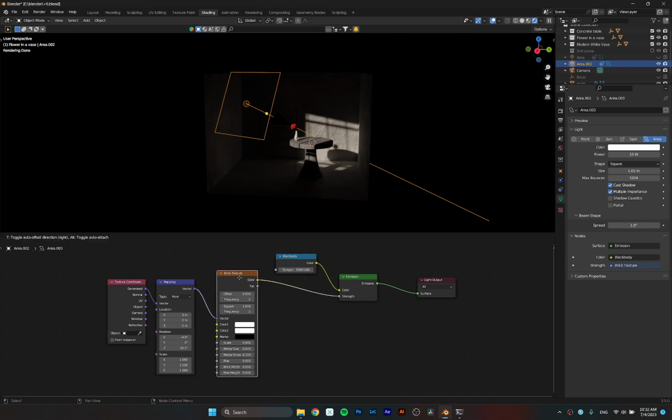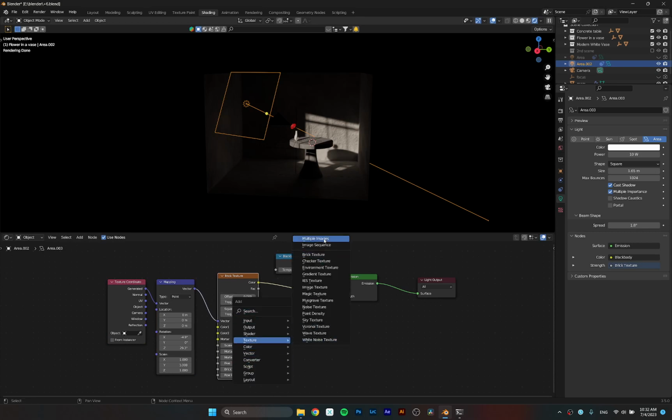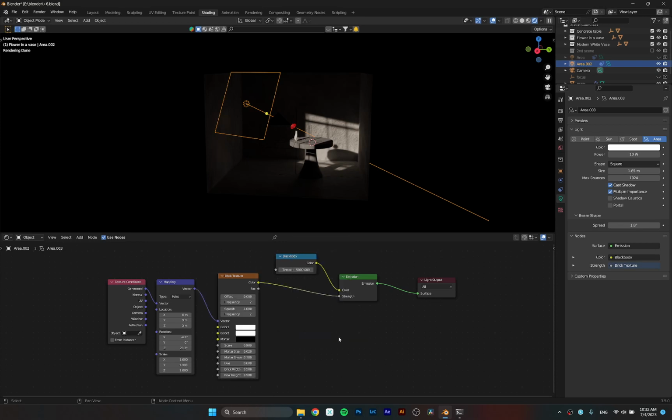So instead of this brick texture, I can use any other texture. I can use images or any of these other textures here. I can even have animated textures to get, for example, some leaves moving around or raindrops or dust particles or things like that, and get a more realistic scene. And keep in mind, if you want your scene to be realistic, don't use RGB values for your colors. Always use a black body, and you can do a simple search in Google for these values for candlelight, sunlight,